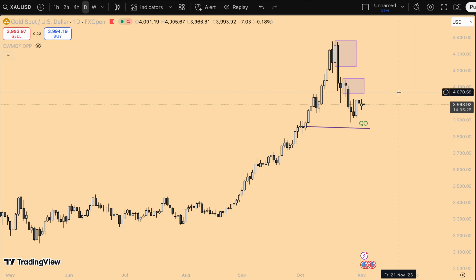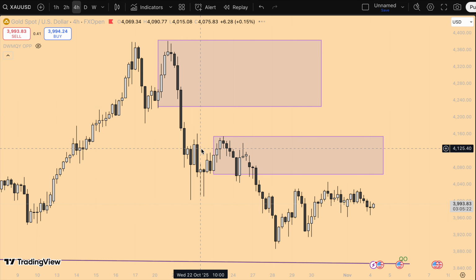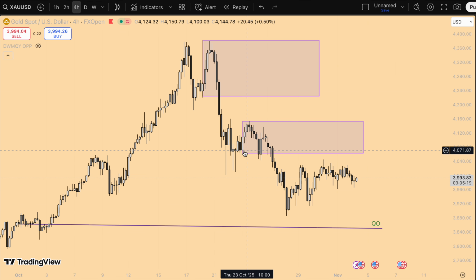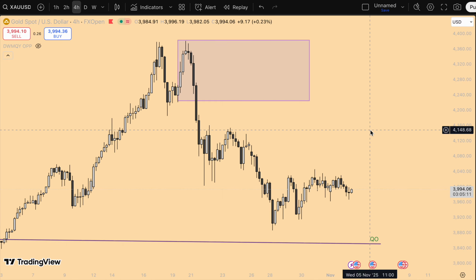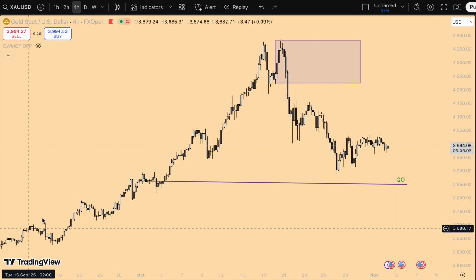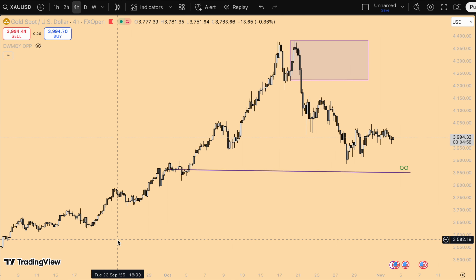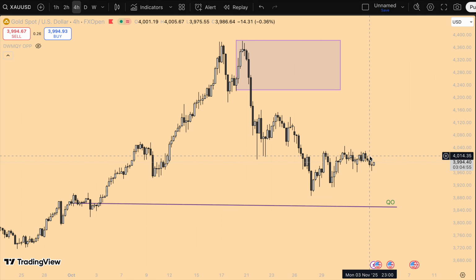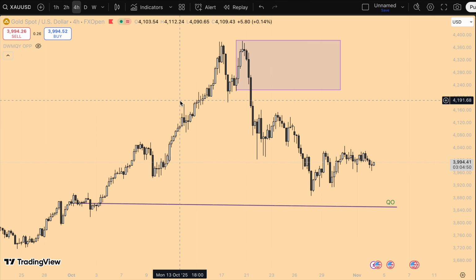With gold, guys, it's just consolidating at the moment, honestly, and I'm not interested in buying or selling it for now. For me to do anything, I would want some injection of price. Look at this, come on. We expect some slowdown at some point, so let's see. I'm just staying out for now.